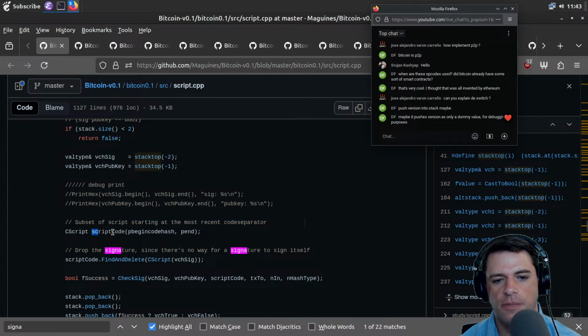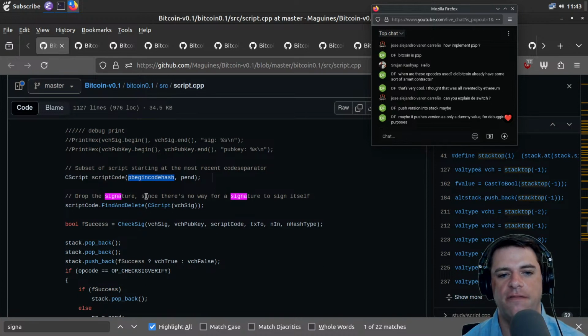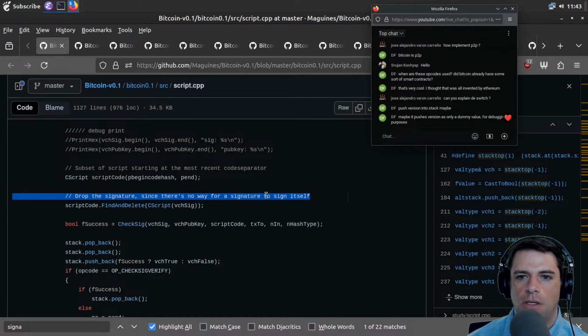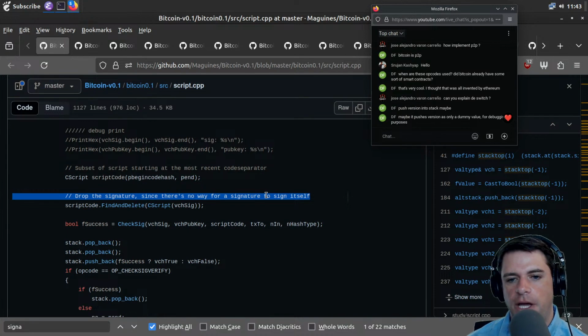So we have this script code with p begin code hash and p end. I don't know where p begin code hash was set. I think we saw it set at the very beginning. It might have been modified since then. And then we drop the signature since there's no way for a signature to sign itself, right? So we have a bunch of bytes. One section of the bytes is the signature itself. The signature can't sign itself, so we delete the signature,